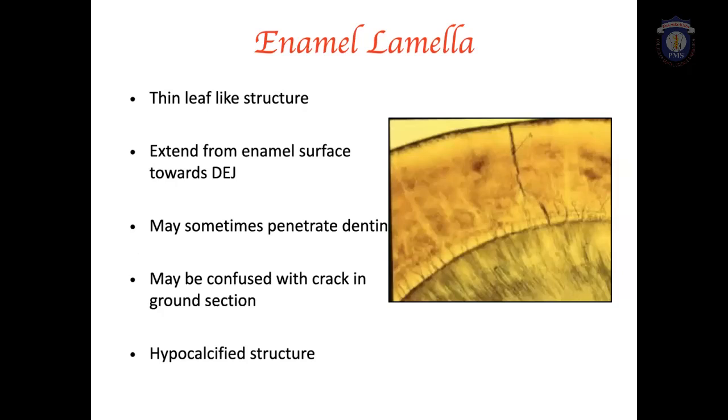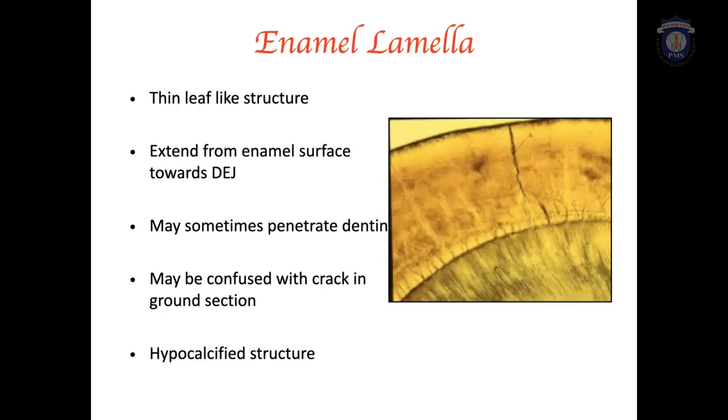And moving on to the next structure, which is called enamel lamellae, that is also considered a hypocalcified structure. Now, these are thin leaf-like structures. When you say leaf, in this picture you are not seeing anything like a leaf. Why? This is just a section. So if you take a whole tooth as a structure, and imagine a leaf,